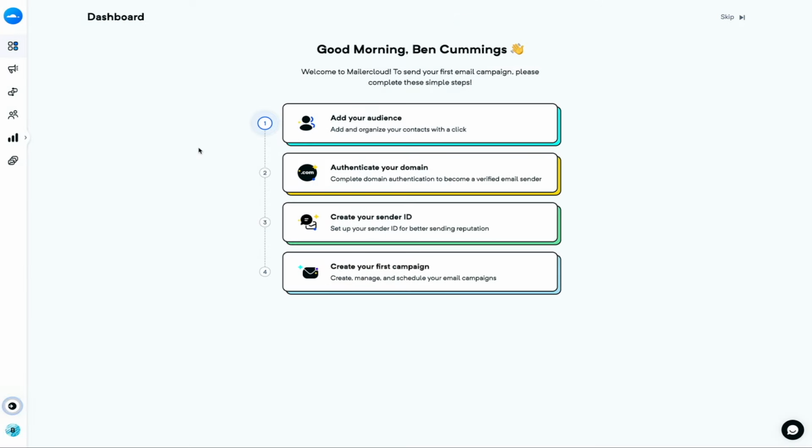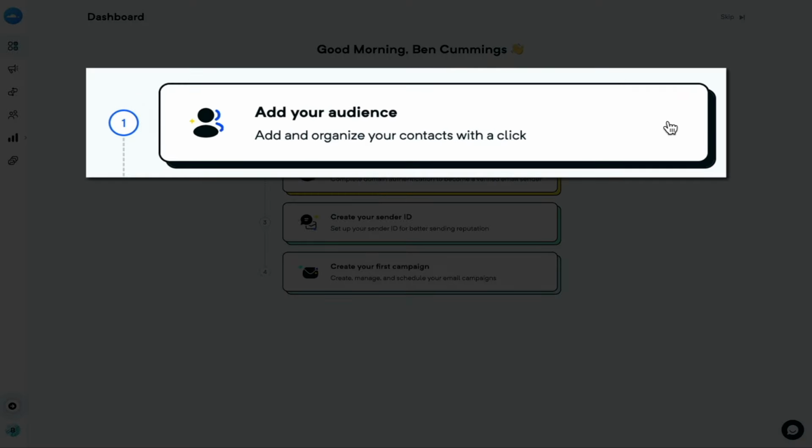In this portion of the tutorial, we're going to create an email list. This will be where you'll store the email addresses of people who subscribe and fill out your web form, and it's the first step in building your list. So to create your list, you have a few ways to go about it. You could start by clicking on the first step here in the dashboard onboarding steps, but if you're not seeing